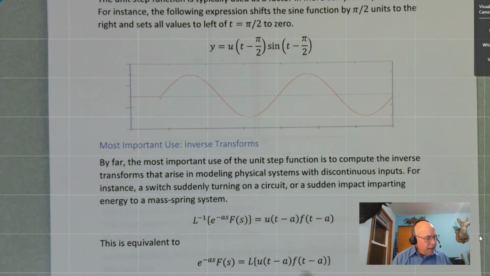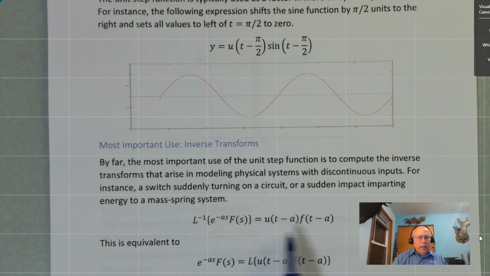Now, this is not the version that is most commonly used. The most commonly used one is to state it in reverse. The inverse transform of e to the minus as F at s is u(t minus a) f(t minus a). And this one comes up when we're solving differential equations